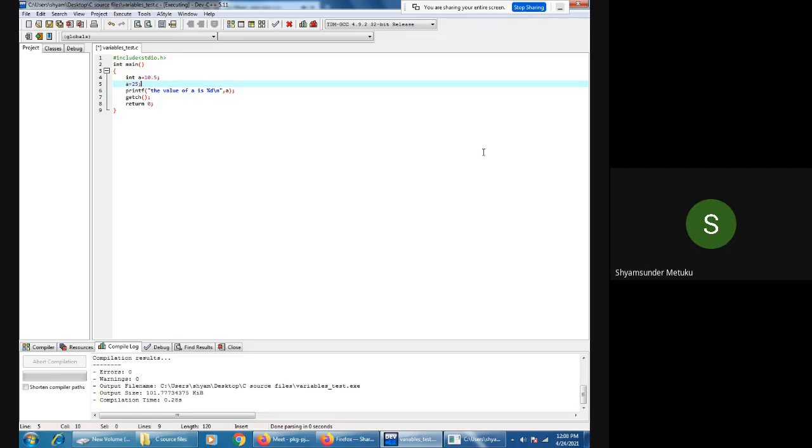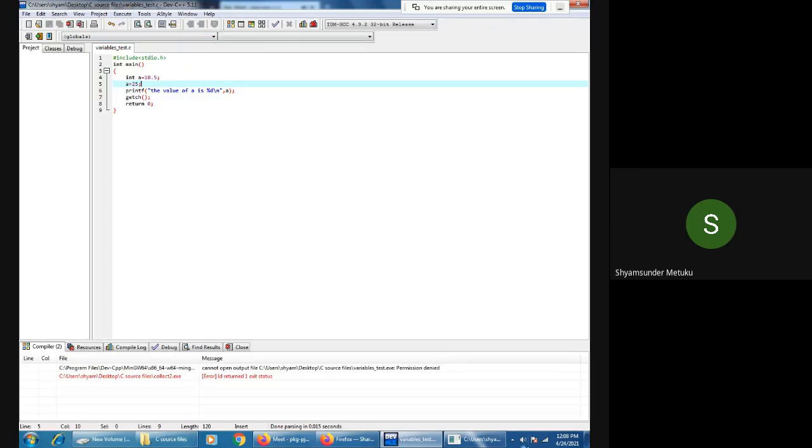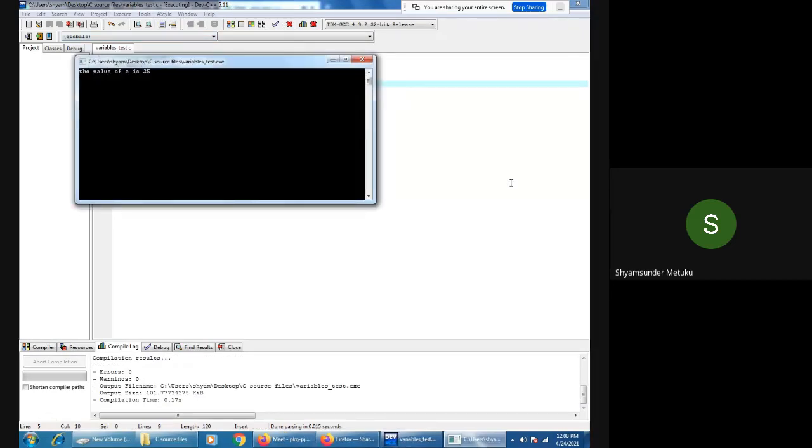So now I'm initializing variable a with 10.5, but even though it is a real, only 10 is going to be saved. Later a is equal to 25. Now what is the output of this particular program? Can anybody tell? 25. Very good. So let me execute again, because I opened this. Let me close this first. Okay, perfect. The value of a is 25.